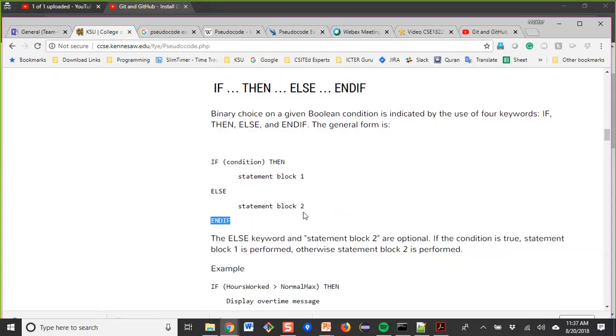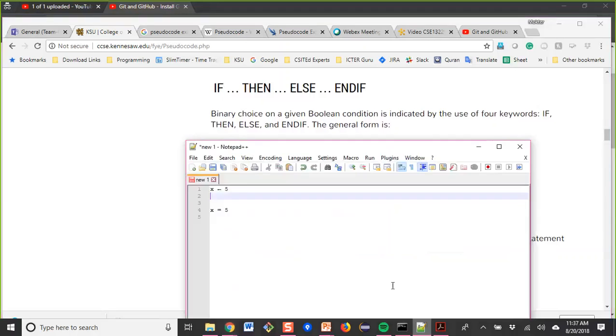For instance, let us copy the structure and write it here. If we want to check whether our number is an even number or an odd number, you can put the condition: if x is divisible by 2, right?